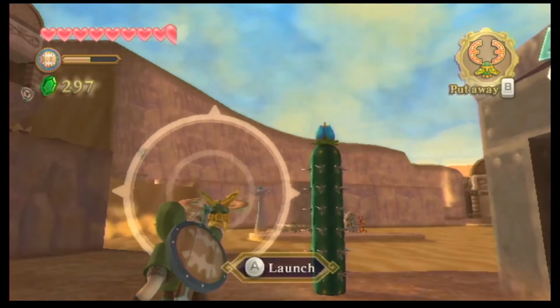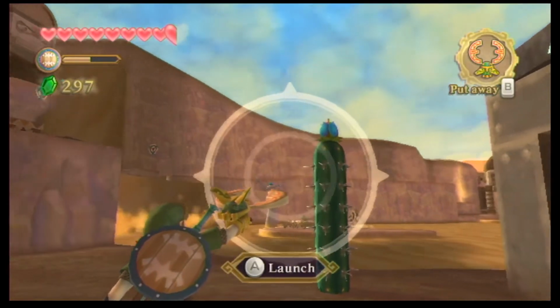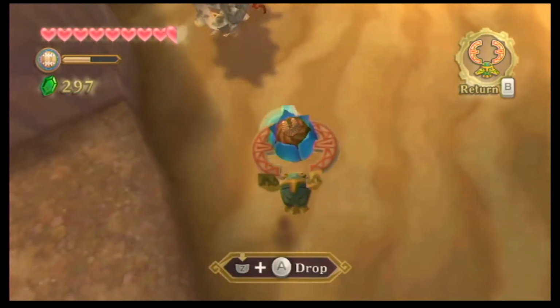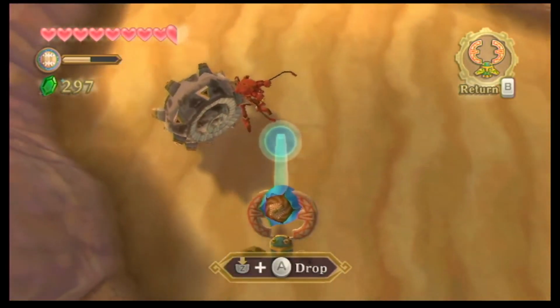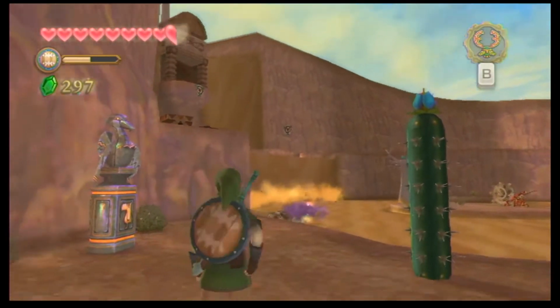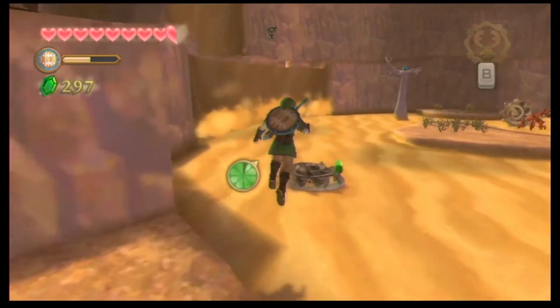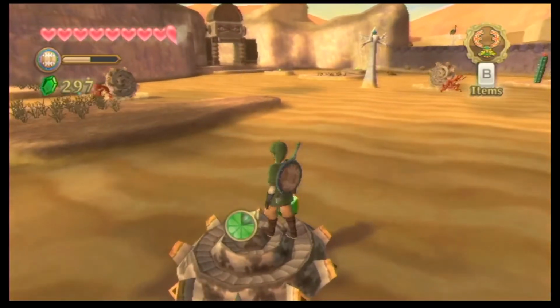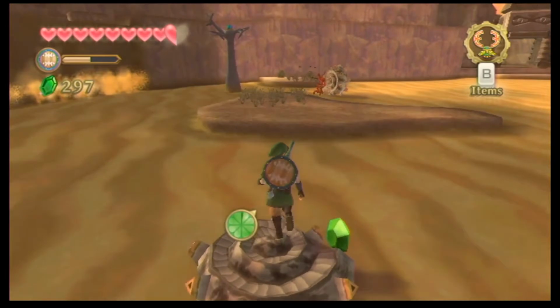So make sure you activate the bird statue. And now we are on an area with a sand waterfall and some running sand. It's actually kind of cool. But we want to do the same thing we just did in the last section, except now the snail shells